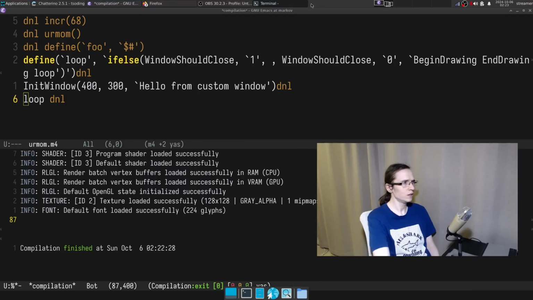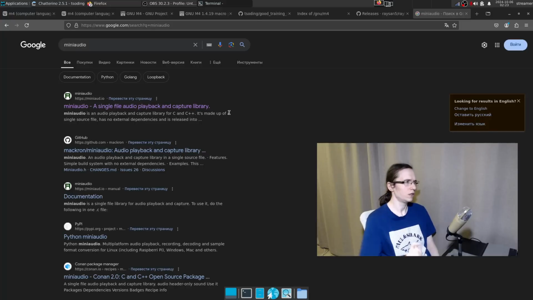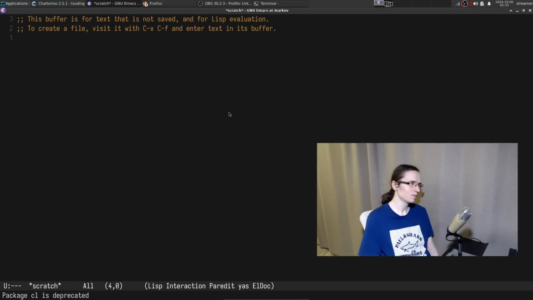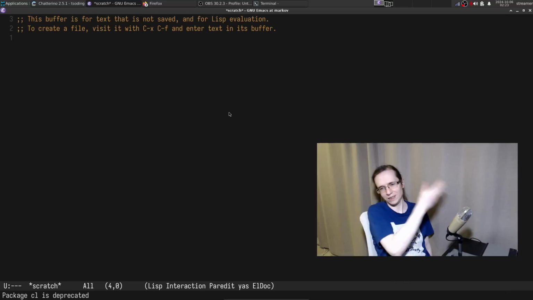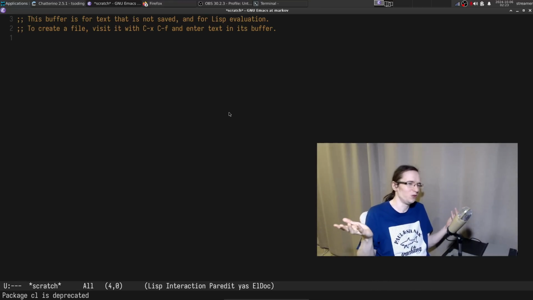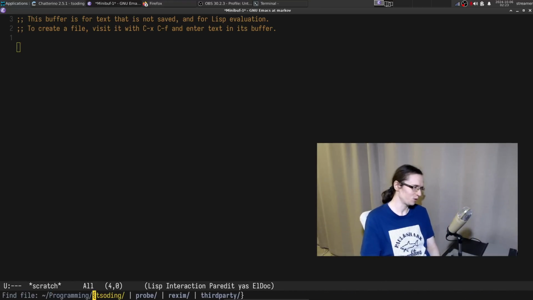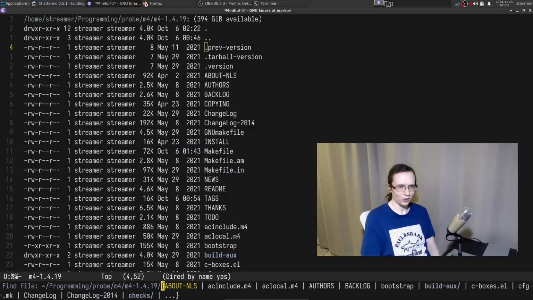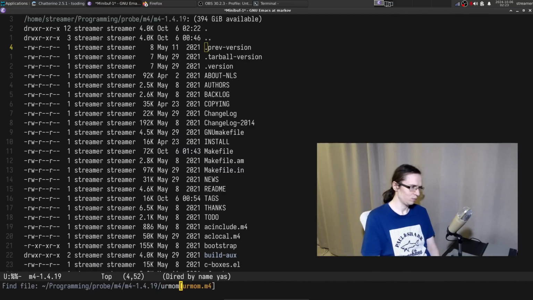Okay. So xkill and kill it. Yeah, it's kind of funny, I didn't have xkill while Emacs was hanging. I installed xkill and I just killed it. New laptop, by the way. I wouldn't be able to do that with the old laptop, that's for sure. So anyways, probe M4 and yeah.